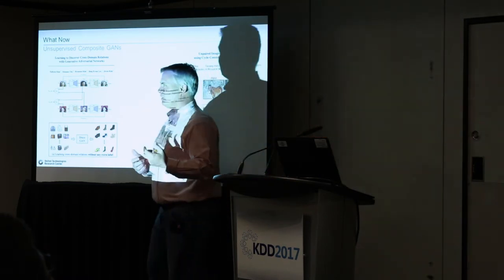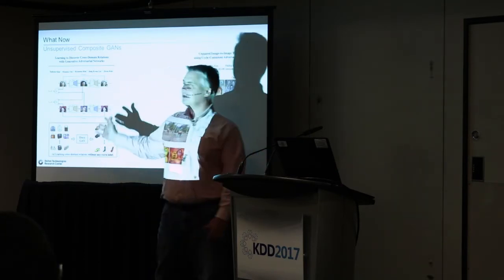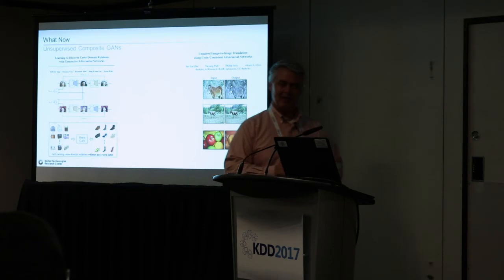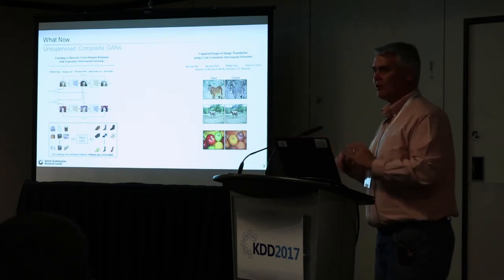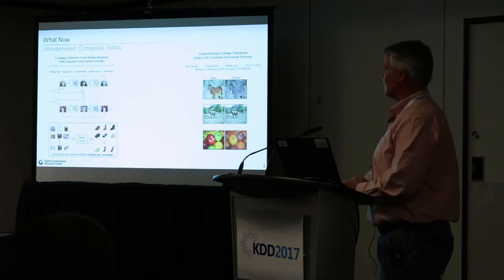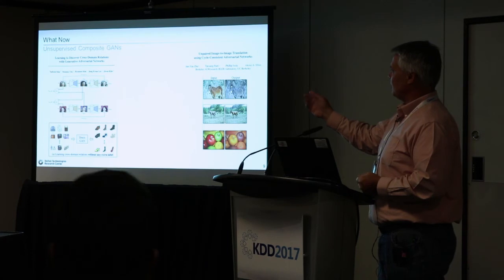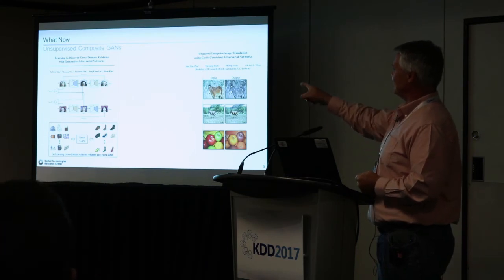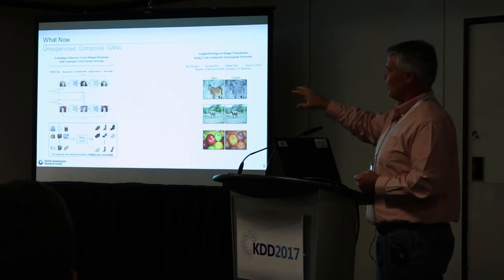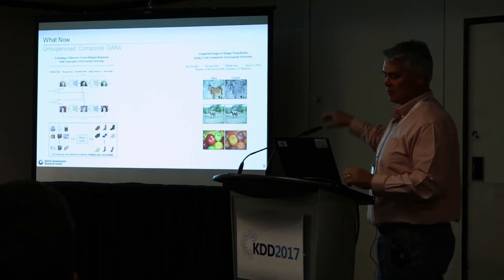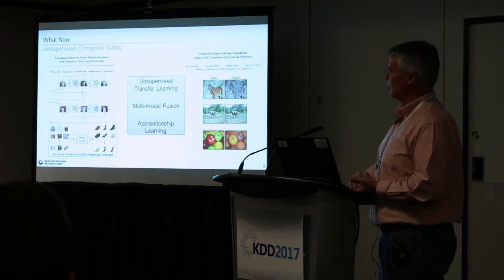If 2 GANs is good, or if 2 networks tied together is good, then 4 to 8 is even better. And so one of the obvious things is people are coupling these networks together in larger and larger groups of networks. 2 recent examples are disco GANs and cycle GANs, and we actually see this as being one of the most important trends, really,